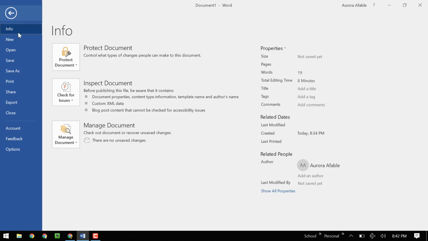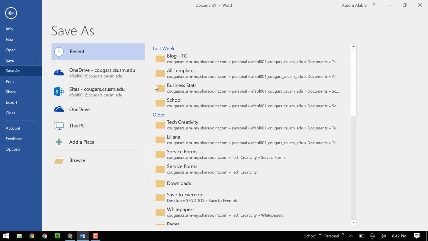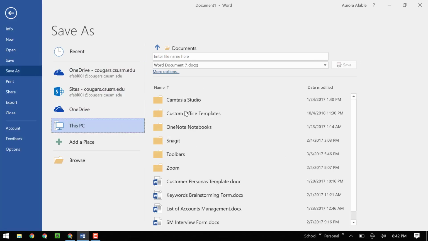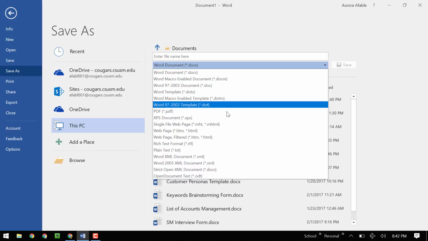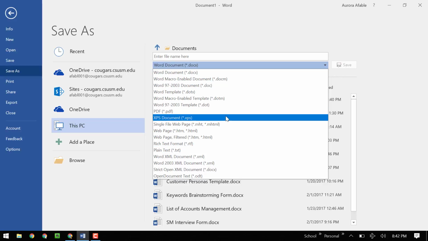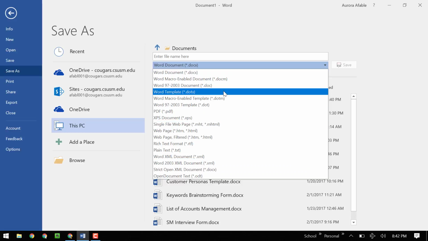Saving this on your WordPress blog does not mean that it is saved on your computer. If you want to save it, just go to Save As and save it as a docx file. You can choose to save it using other extensions as you can see here, but just use docx to make